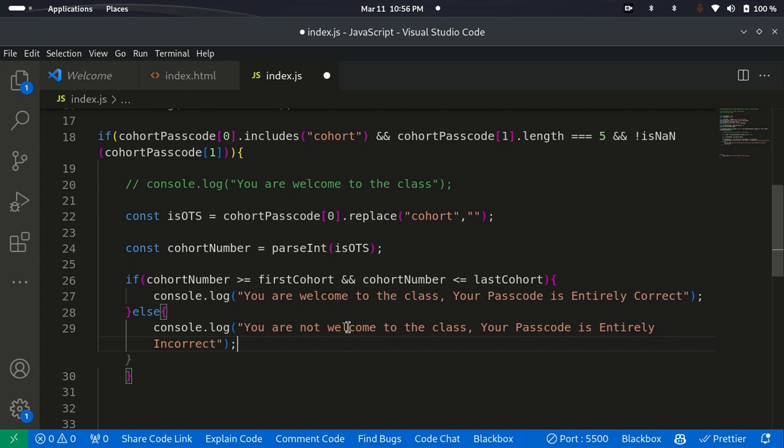This section of the code now, I can use, maybe, please enter a valid cohort number. Let me use something so that we can see some. Please enter a valid